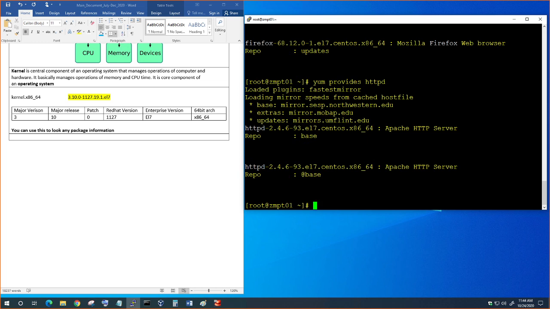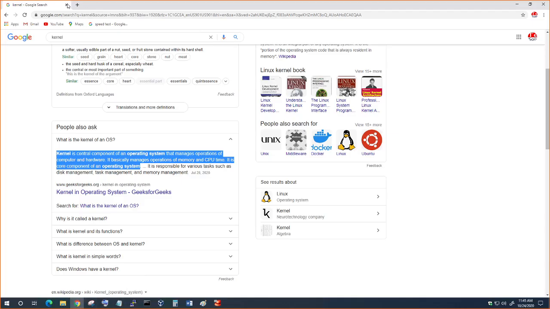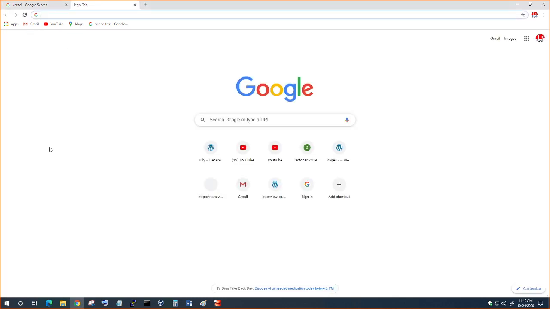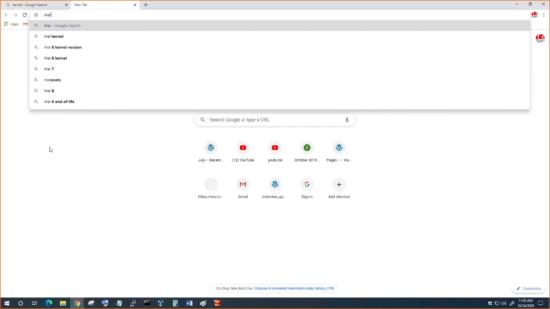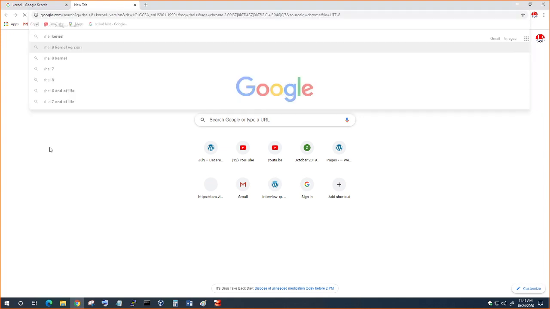So here, everything is going to be this. This is standardized not by Red Hat. It's been standardized by the industry. So number two is going to be this and this and this. So let's go on the website and look at Red Hat kernel versions. Okay, so if you look at Red Hat 8,